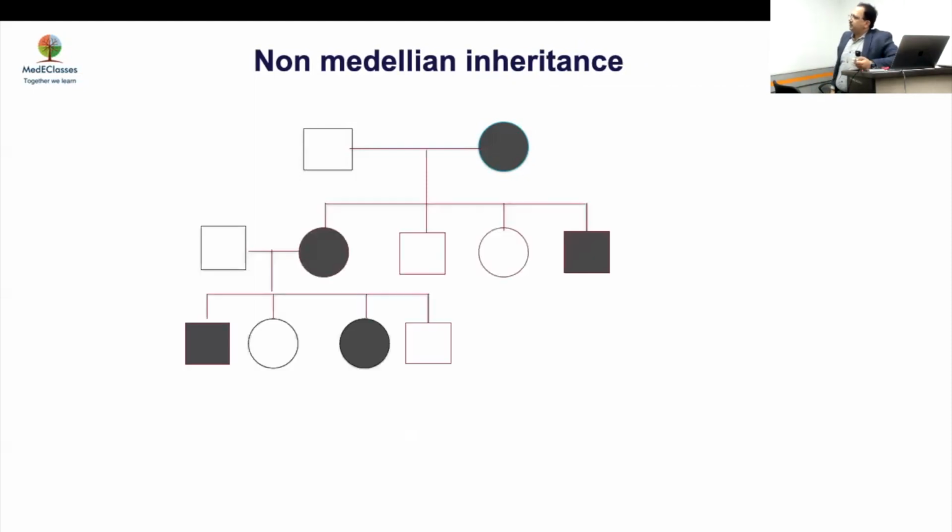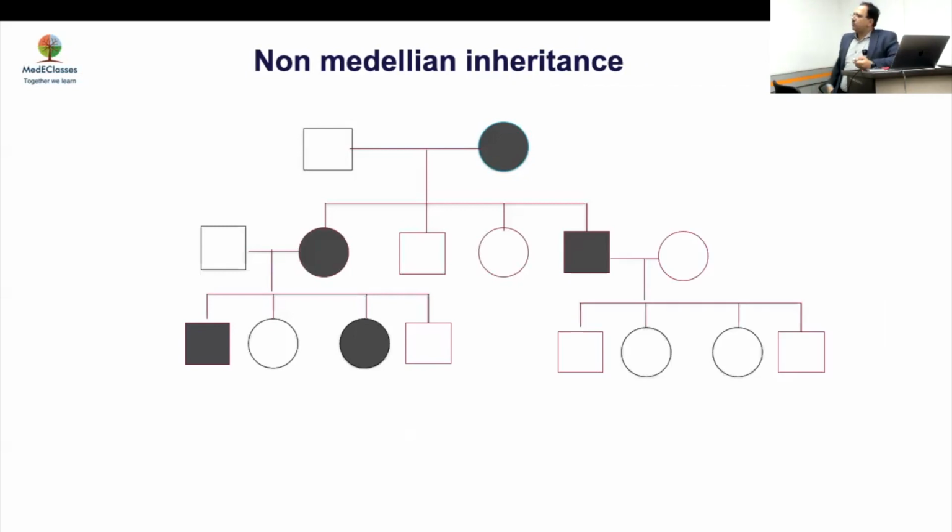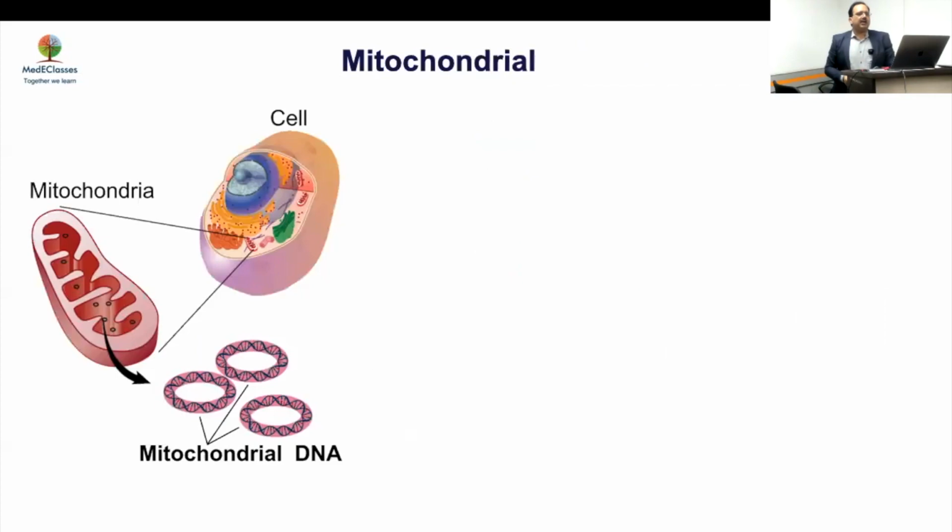Now this pattern, Dilip? Yes, so only from mother you are seeing both male, female affected, but the males are not transferring. So this is classical mitochondrial inheritance, and because sperms don't have any mitochondria, they don't pass it on. And if the mother's mitochondria are all the same, then everybody will be affected. But if it is heteroplasmy, that is some mitochondria are different, some may be affected and some may not be affected.